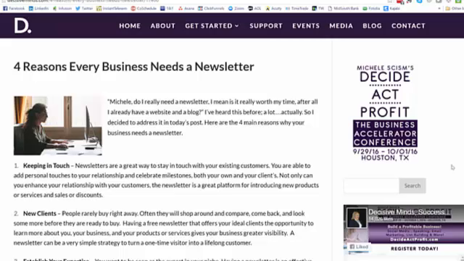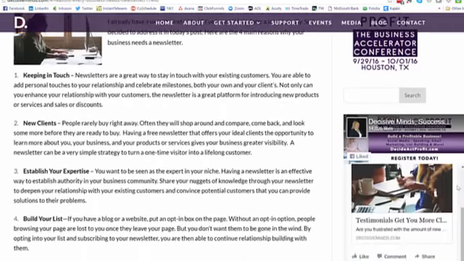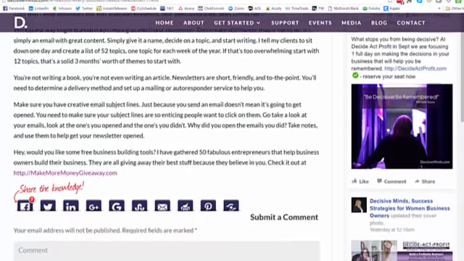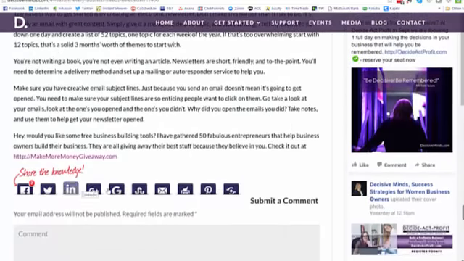A couple of things I want to see on that blog. I want to see an image that becomes a very shareable image. However, the most important thing here, besides the great content, is the use of share buttons. So have you made it easy for people to share your blog posts?